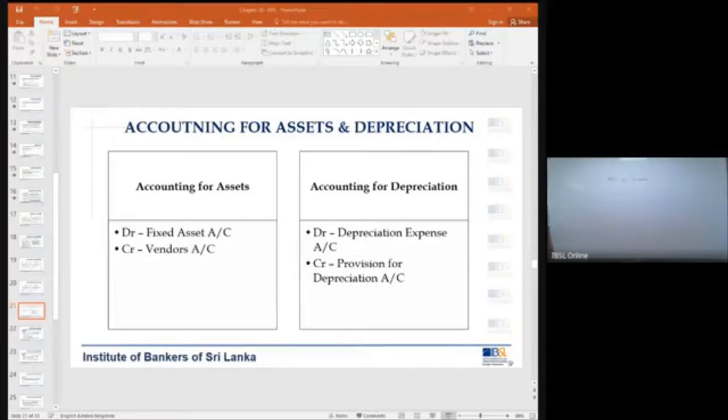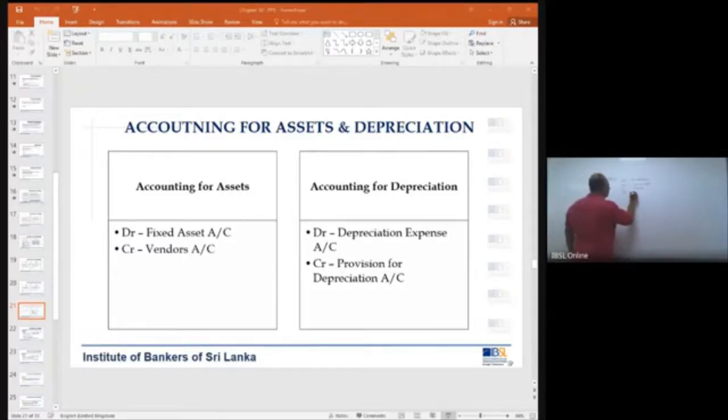So date of purchase: 2nd April 2015. The expected lifespan is 8 years. So useful life: 8 years. It is assumed to have a zero salvage value. So there is no residual value.